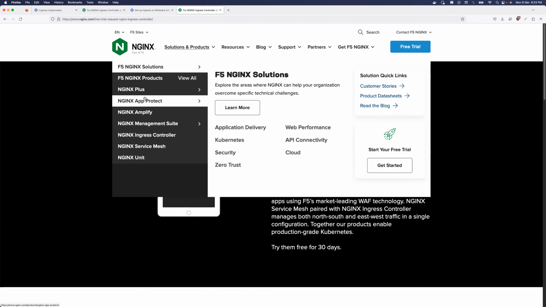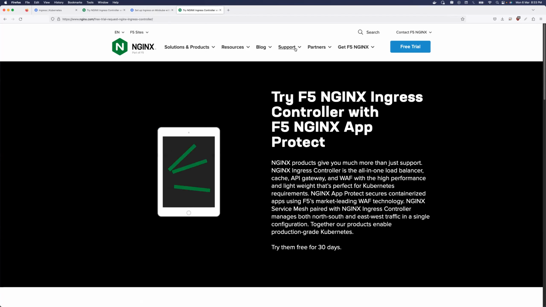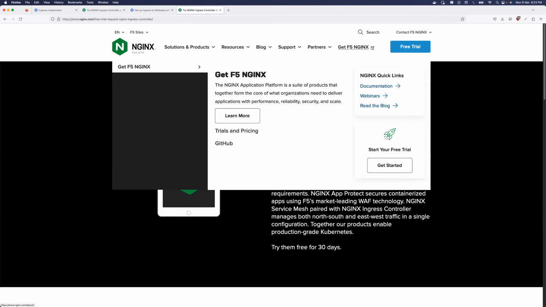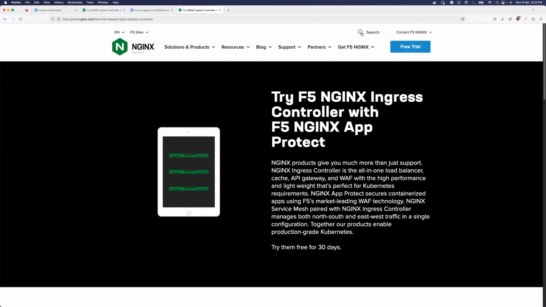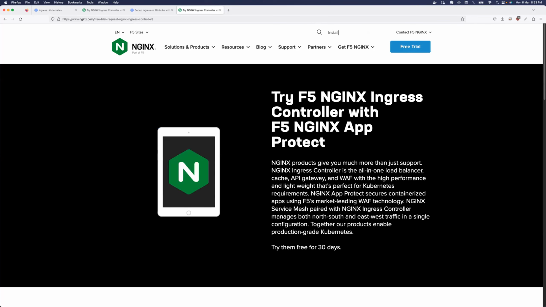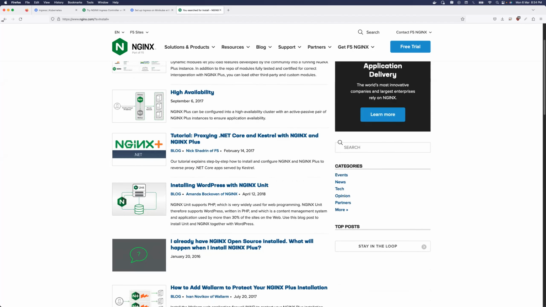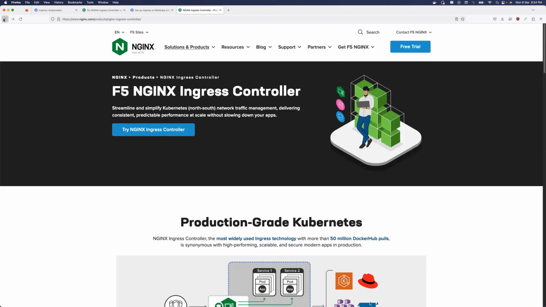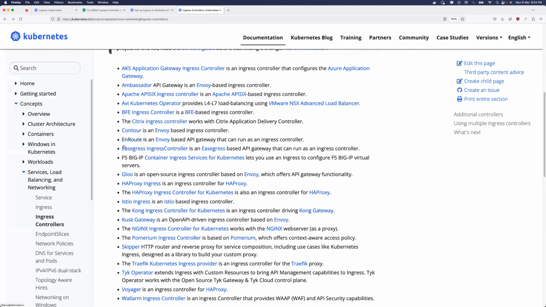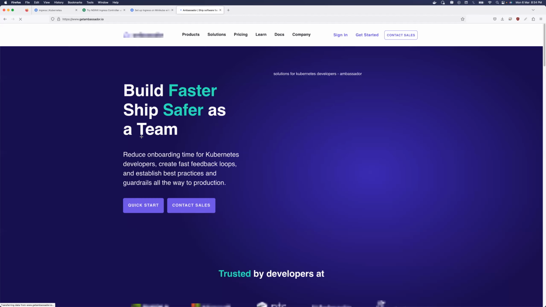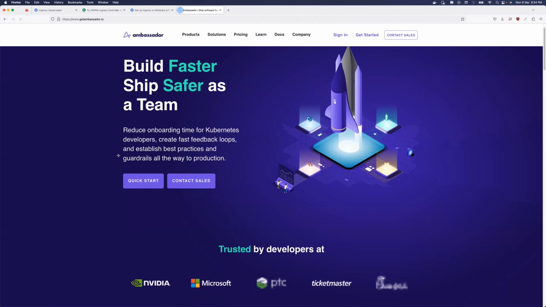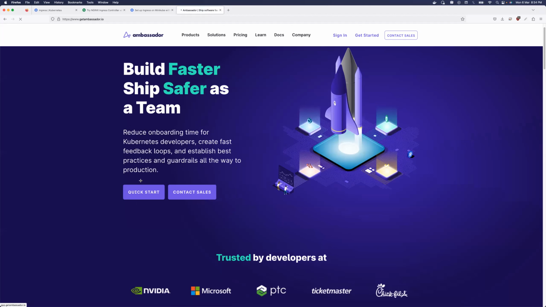Where is this? Installation steps. Let us search for install directly. Okay, let us choose a different Ingress controller. I think they have complicated the steps here. Let me just search for ambassador. Okay, so I took this randomly, and here once you click on quick start,